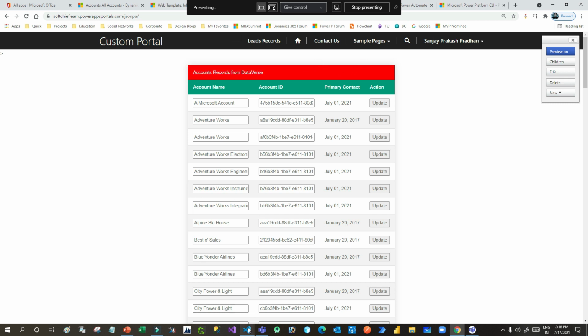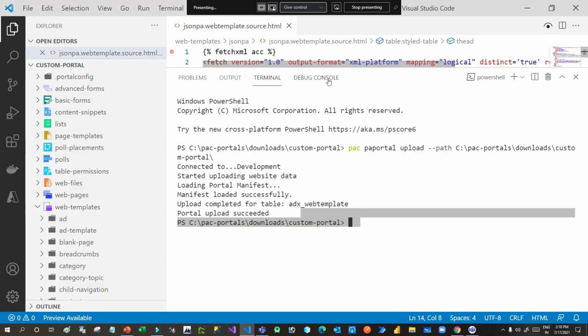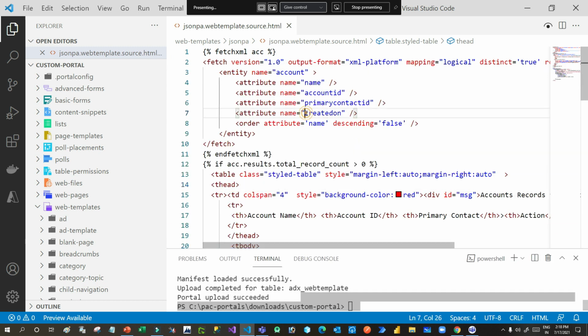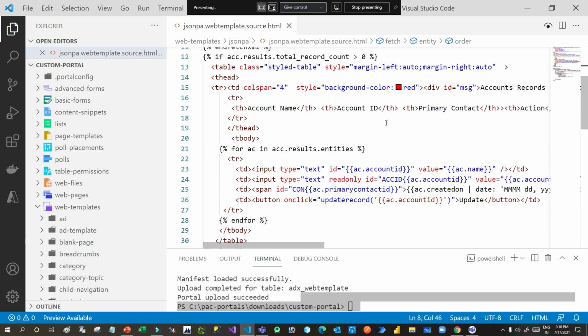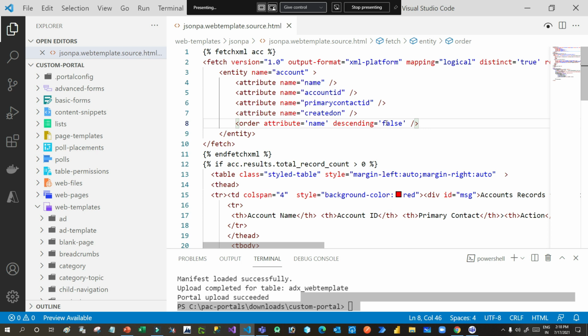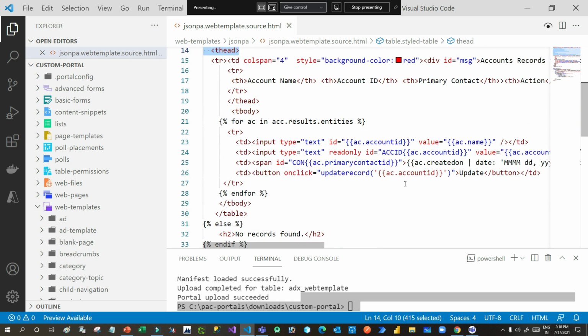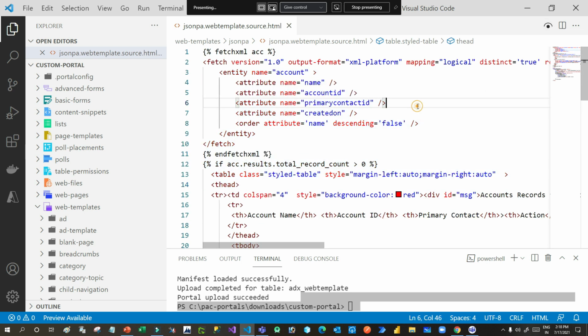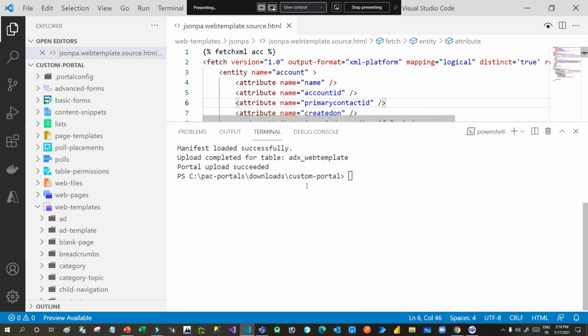Now I am sure you will not go to Power Portal to edit anything. You always use this because this is very flexible to work on, right? Also, it is not required to save again and again to do some small changes. Do your work. Once it is finished, click the preview button and click on publish or use this terminal command to upload that.